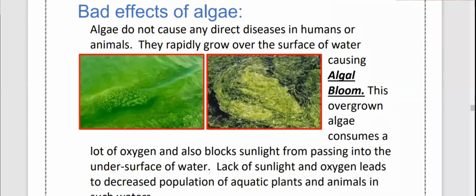Now, one more bad effect of the microorganisms can be the algal bloom. Algae does not cause any direct disease to human beings or animals, but when the algae grows rapidly over the surface of the water body, it causes damage to the other organisms which are surviving in the water. So basically what happens is that,